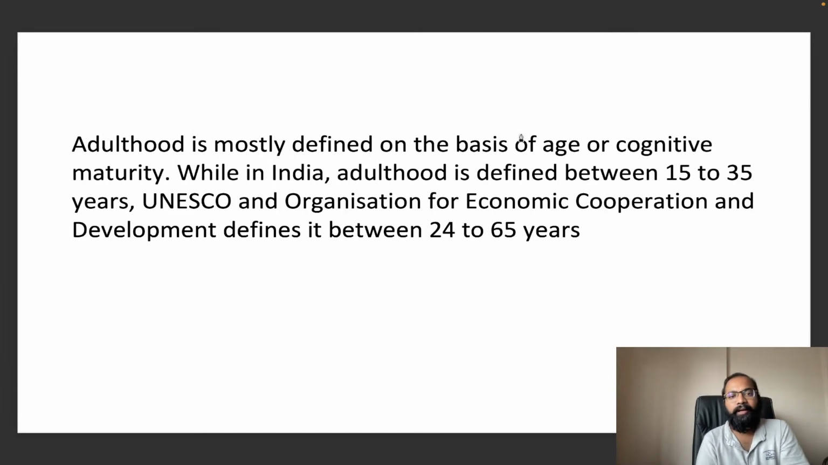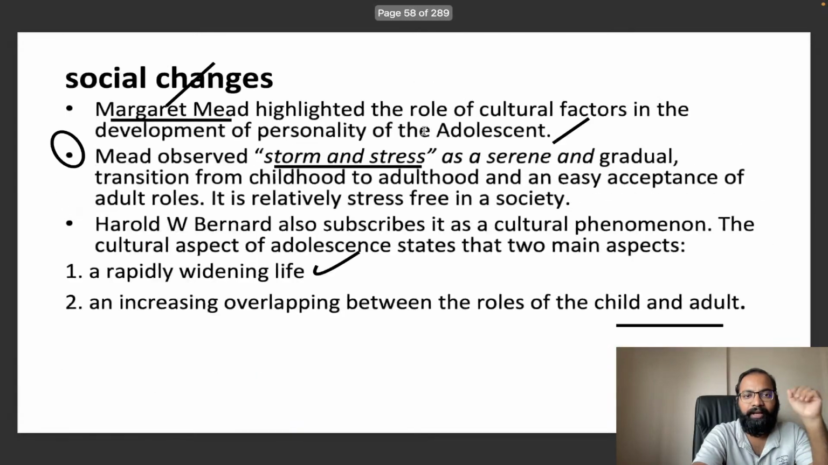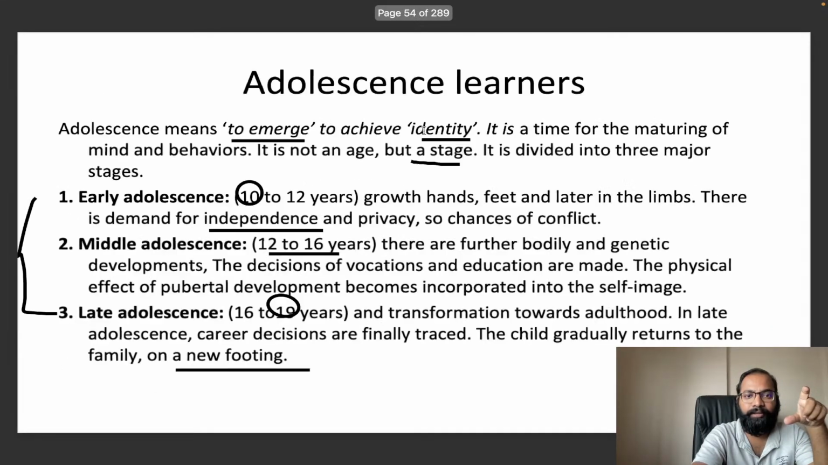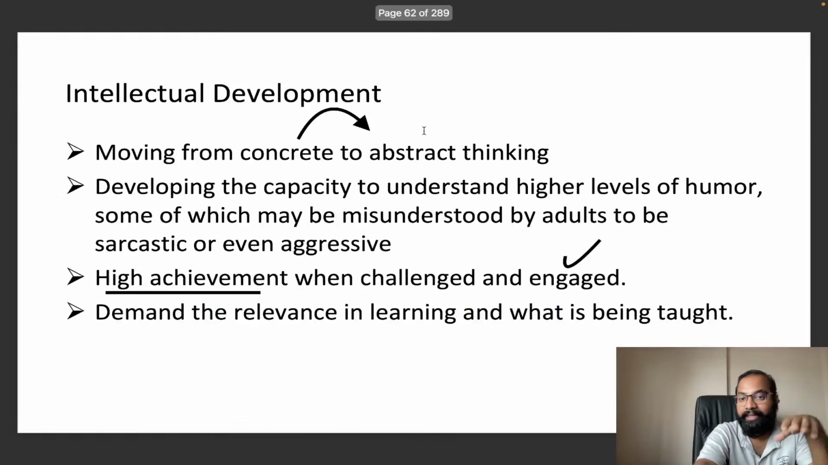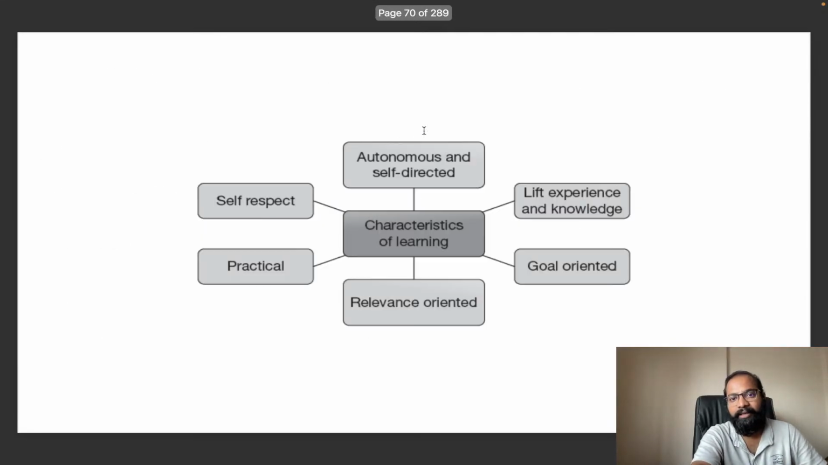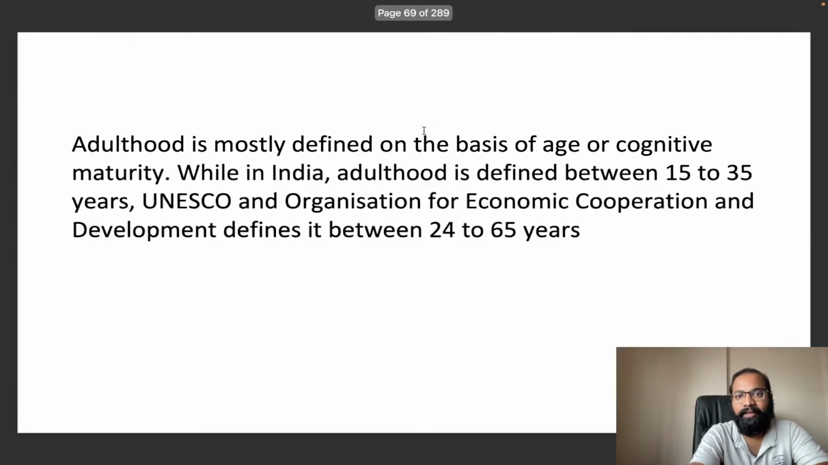Next, adulthood. Previously I showed you that adolescence has three different types, right? I showed you the ages also. Early adolescence is 10 to 12 years, middle adolescence is 12 to 16 years, and late adolescence is 16 to 19 years. In the same way, coming to adult learners here,